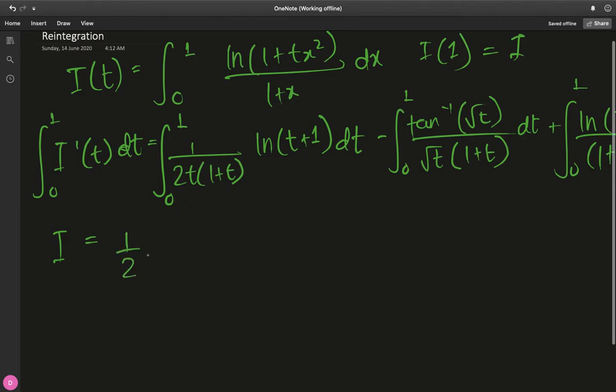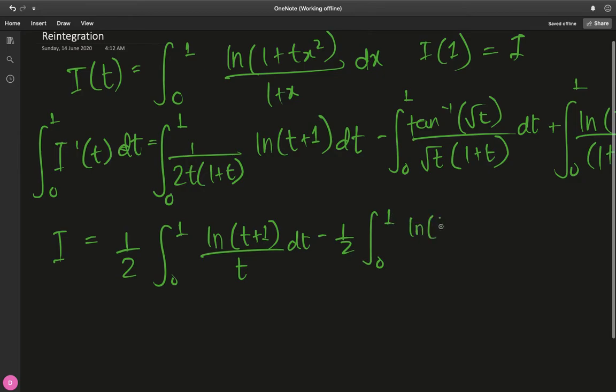This is just half of the integral from 0 to 1 of, in the numerator we just have a natural log of 1 plus t that will remain the same, divided by the first factor t dt minus half of the integral from 0 to 1 of natural log of t plus 1 divided by t plus 1 dt